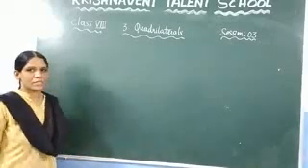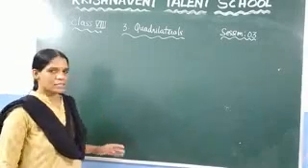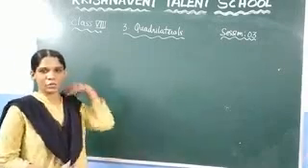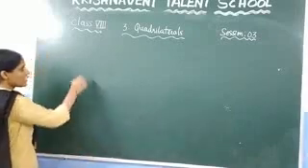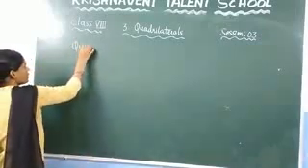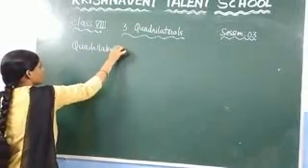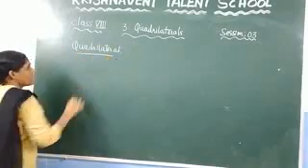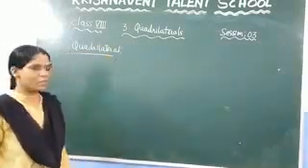In the last session we discussed the types of quadrilaterals and their properties, and in this session we are going to discuss how to construct various types of quadrilaterals. Before that, write the definition of the quadrilateral. What is meant by the quadrilateral? A closed figure that consists of four sides, we call it a quadrilateral.